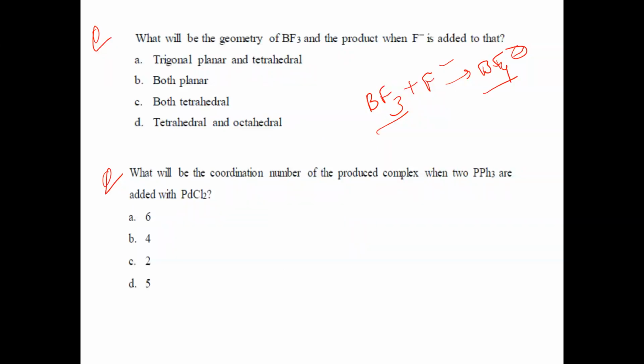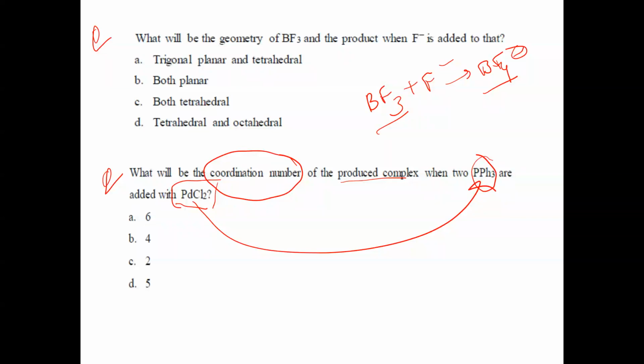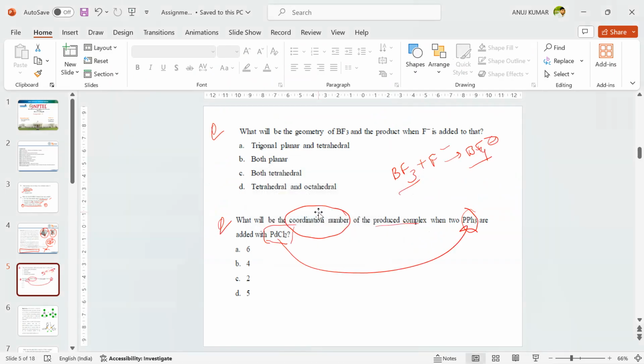So the options are, first is trigonal planar and tetrahedral. Both are planar, both are tetrahedral, and the last one is tetrahedral and the octahedral structure. In second one, what will be the coordination number of the produced complex when two triphenylphosphine molecules are added with this palladium chloride, right? So you have to tell me the coordination number of the complex which is produced after reacting this one with the two molecule of triphenylphosphine. Okay,